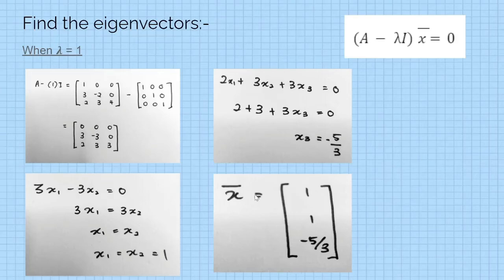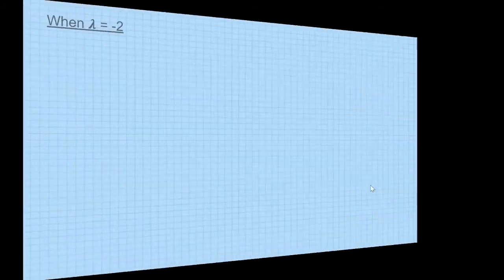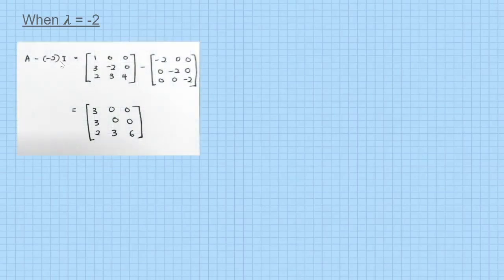So we can get the eigenvector, which is x1, x2 and x3. The value of x1 is 1, the value of x2 is 1, and the value of x3 is -5/3. So this is the eigenvector corresponding to lambda 1. Next, we need to find the eigenvectors corresponding to lambda -2. We follow the same process: we replace the value of lambda with -2